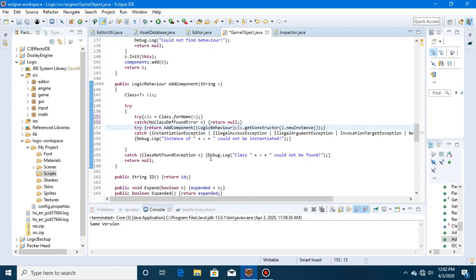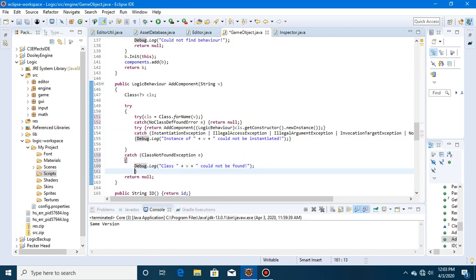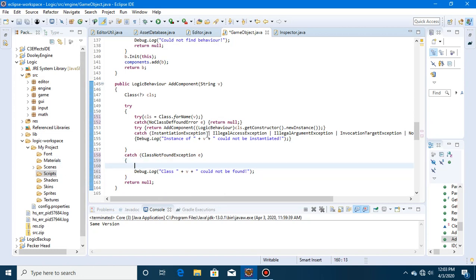All right, now for the class not found exception down here. So if this doesn't work out, it'll kick through here and it'll catch saying class not found. Well, right now we're just saying class whatever could not be found, which is perfectly fine. But if it's not found, it could be inside of our workspace. So here is where we're actually going to try to find it if it is. So we'll say logic